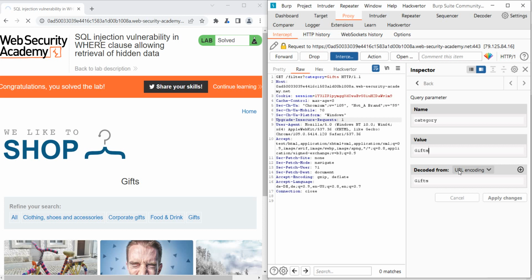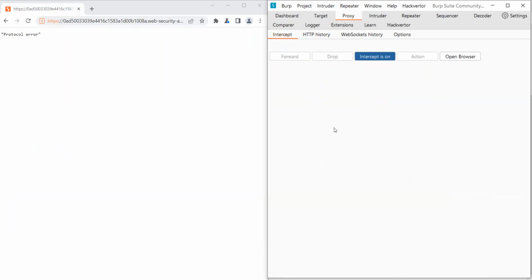And we do that by tricking the server into thinking that we have some comments from up until this point right here. So we have the gifts, and if we do these two lines, in general they represent comments for an SQL database. So if we do single quote and minus minus, we should tell the server, at the moment we do apply and then we do forward, this should tell the server that